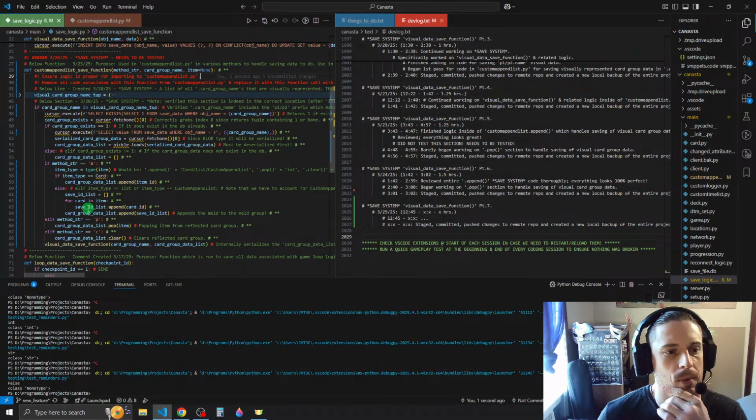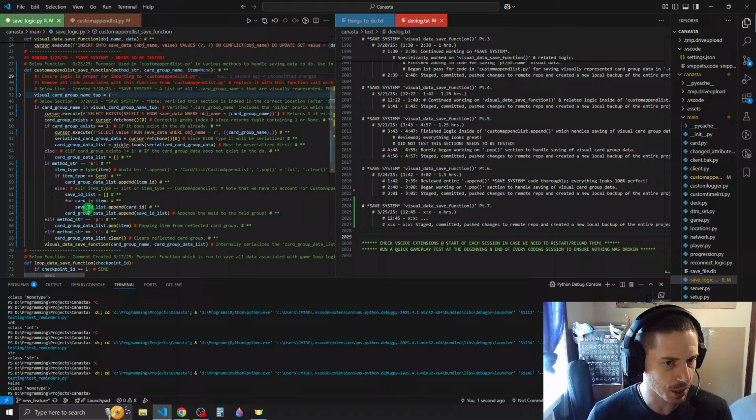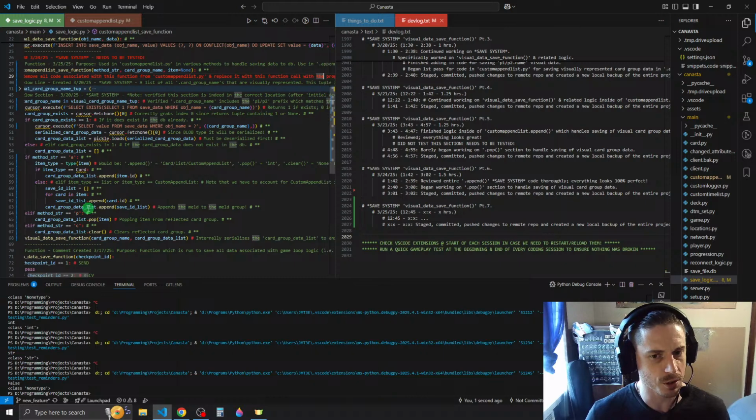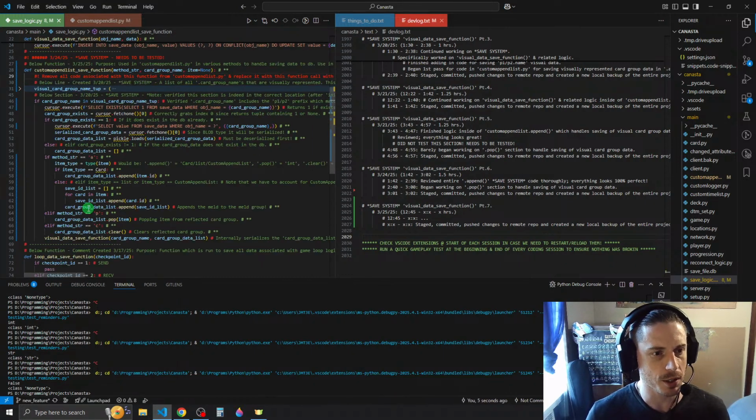So as far as it being imported to custom append list, yeah, so we have the method string, the card group name, and then the item. So that's all the logic that's needed, I think. Now we have remove all curses here, this function from this append list, and replace it with this function call with the proper args. Okay, so we did the removing, so we need to add this function call with the proper args